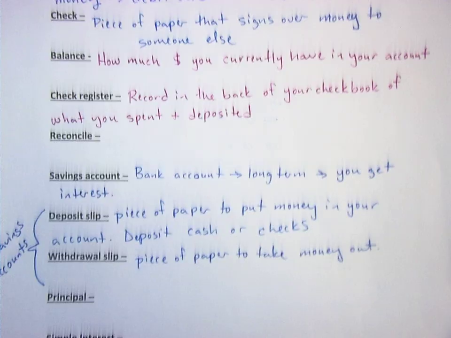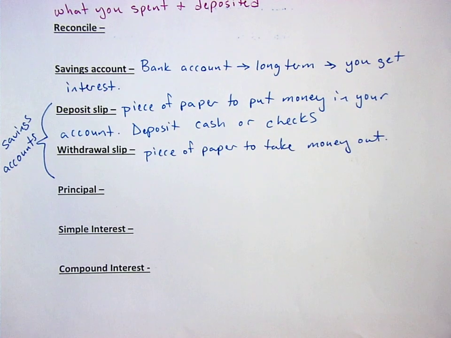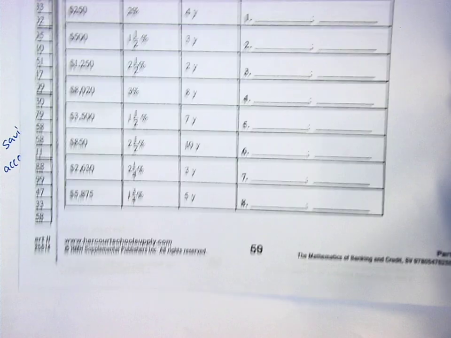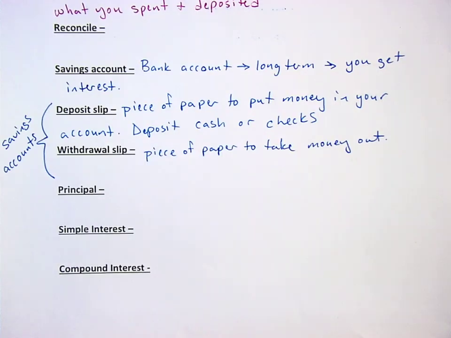We are right now on the vocab sheet, and I want to remind you that since you're watching this video on your own, you are in control and can stop the video anytime you want to, because I'm going too fast or whatever. Also, you should have your interest worksheet out in front of you so that you can switch back between that. Okay, so